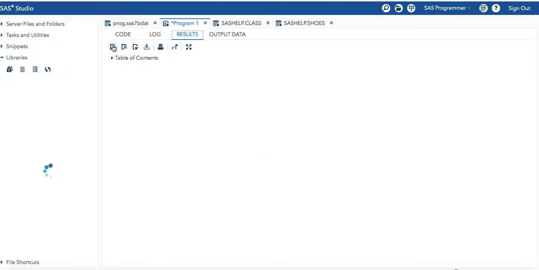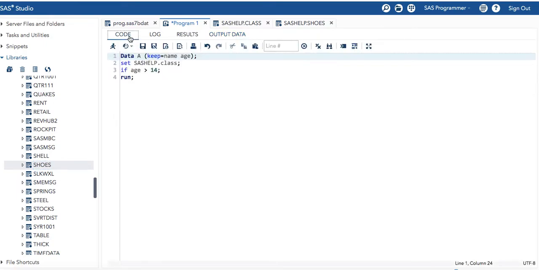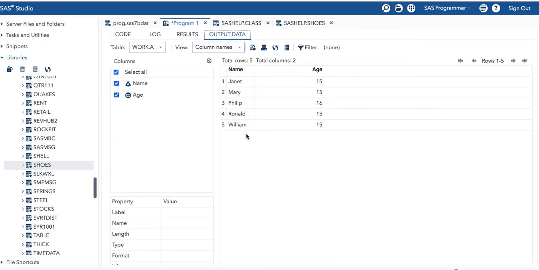Let's run again. Yeah, so now you can see I have selected a filter saying that age is greater than 14. So my new data set has two columns, name and age, and wherever the age is greater than 14, all those rows have been fetched.